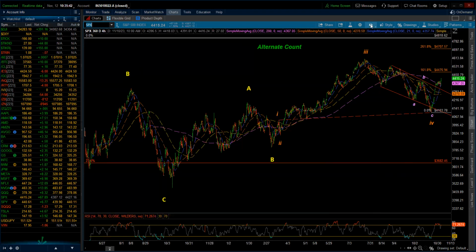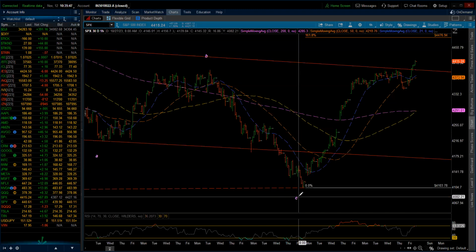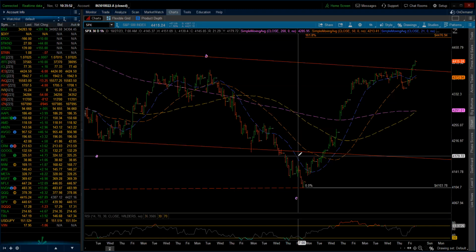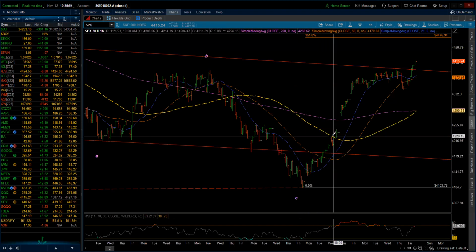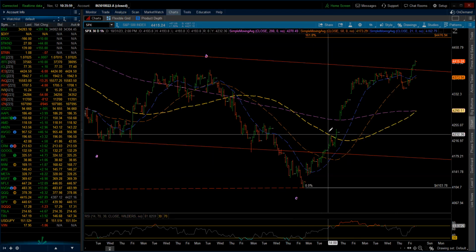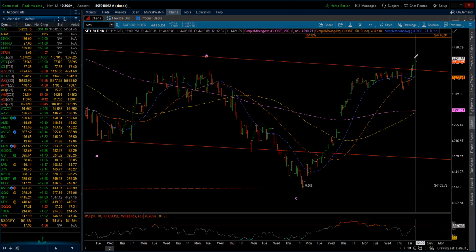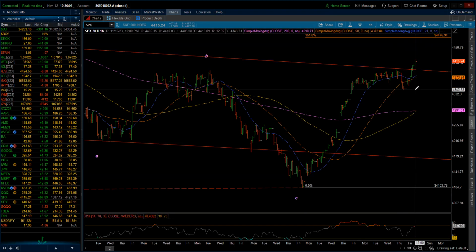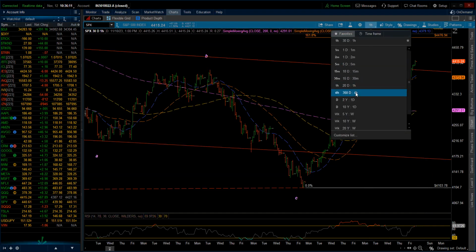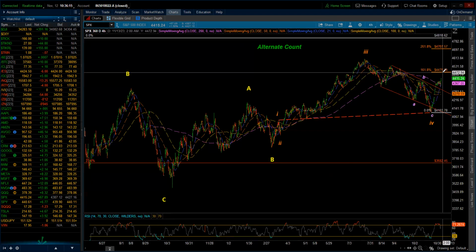Now, let's take it down. Let's look at our internals here. We could be just finishing up. There again, we got 1, 2, 3. This could be 1, 2. This could be the finish of 3, right? If this is 1, 2, and then we've got a 1, 2, 3, 4, 5, a 3, and then we get a 4th wave, and we get a 5th wave. We're looking that we could get ourselves at least a 44.77, if not